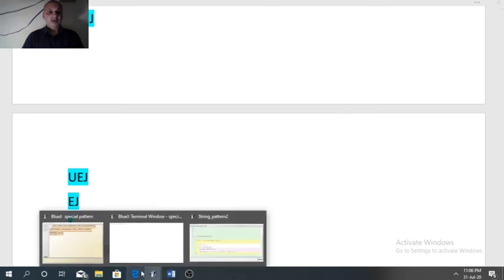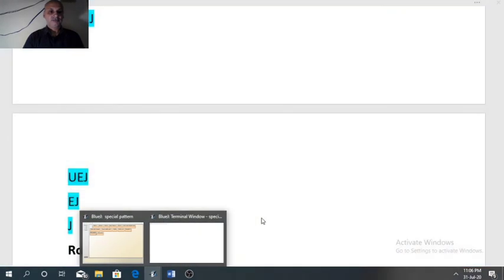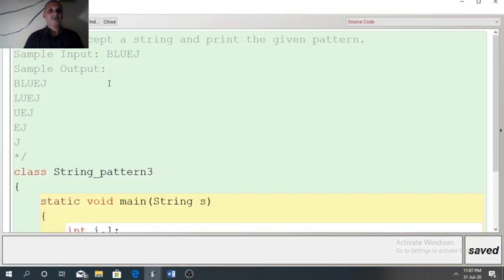Let us see the program now. So you can see here the last index of each row. The last character is fixed, that is not changing. So 4 is the index of the last character.